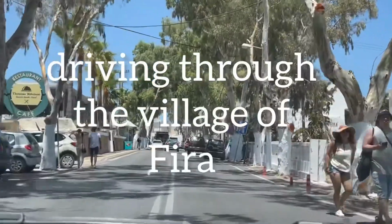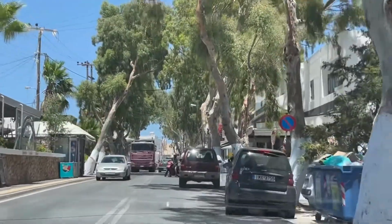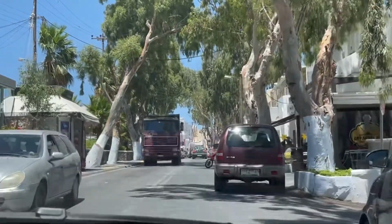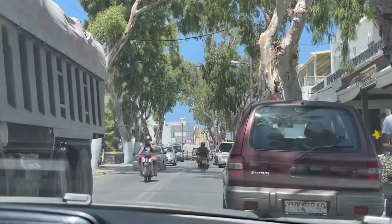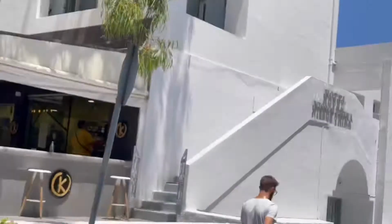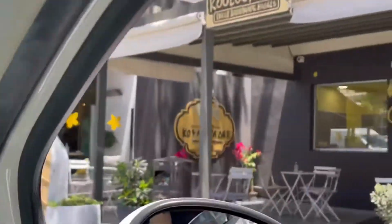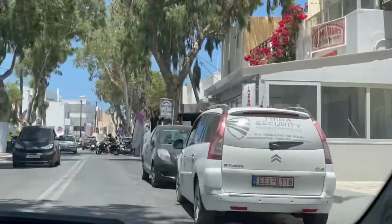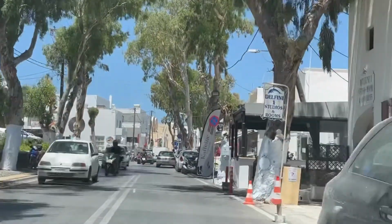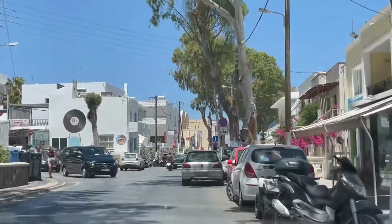Driving through Fira is an experience in itself. There's just so much going on. It's the capital city of Santorini. You'll see people running places, you'll see trucks and buses. It's also where the main bus terminal is that goes to all the different spots in the island. You'll see people shopping. You'll see all the trucks trying to get through the narrow lanes to drop off the goods for the restaurants and stores. Anyway, it's really remarkable. It's just